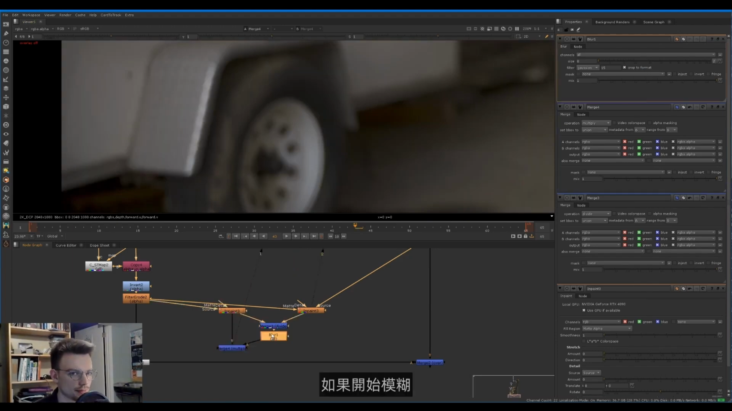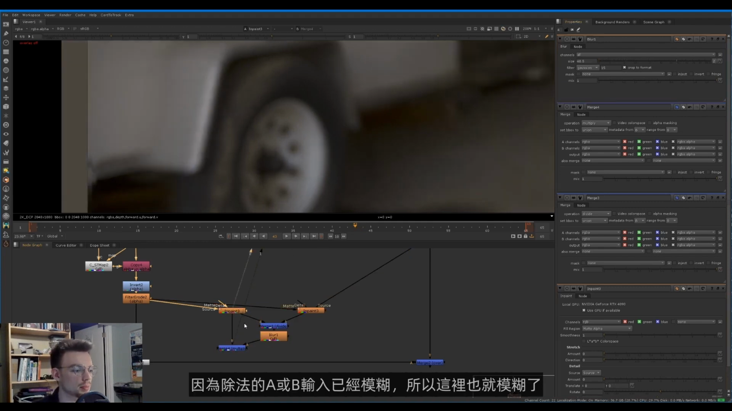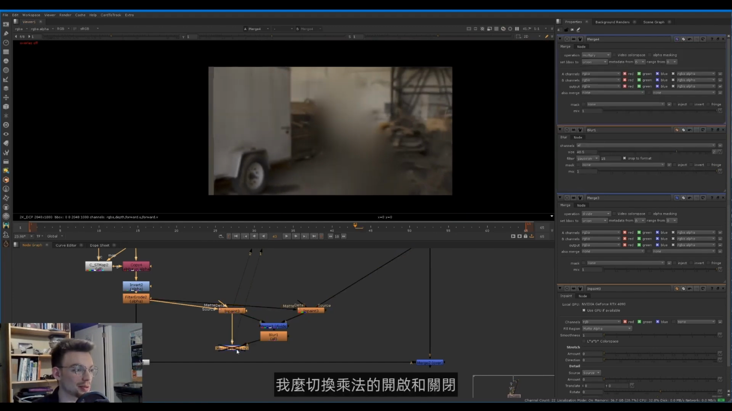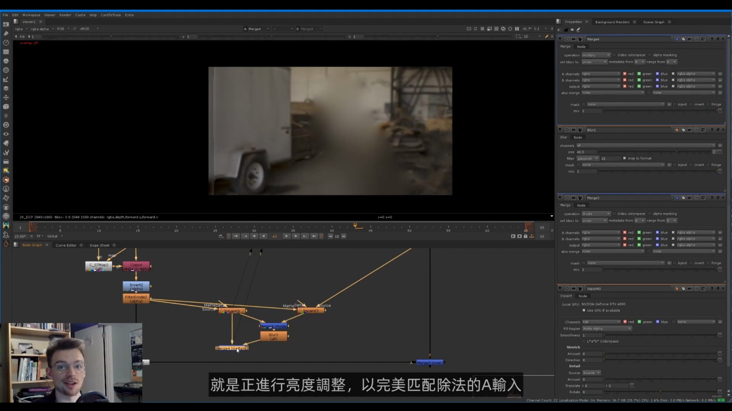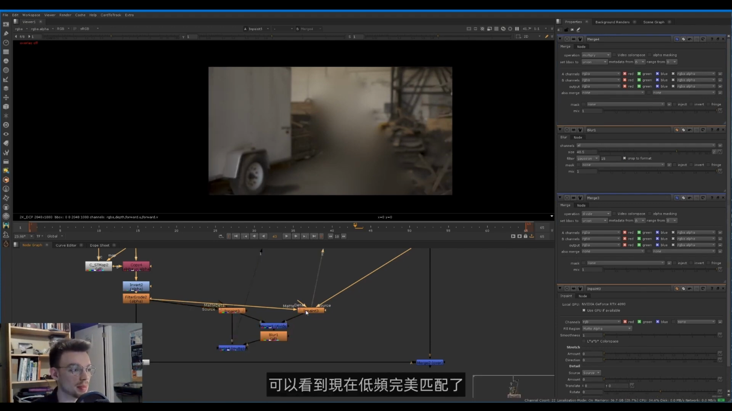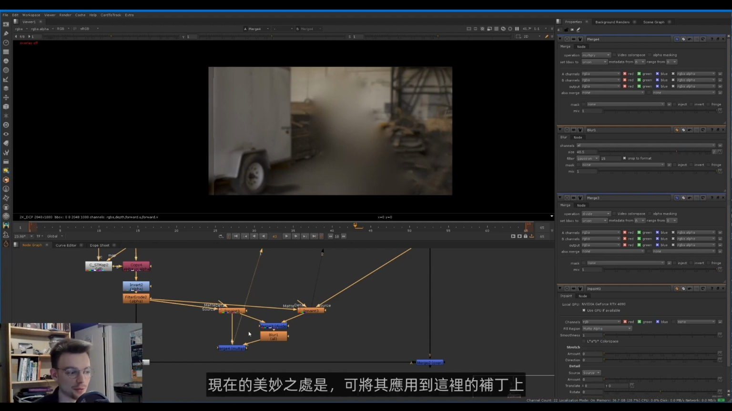But if we start to blur, what happens is that we only keep the low frequency changes in the image. You can see this isn't getting blurry because I'm blurring. This is getting blurry because the A or the B input here to our divide is blurry already. What it's doing now, if we turn off and on the multiply, is just doing a brightness adjustment to match it perfectly to the A input of the divide. You can see now, low frequency matches perfectly and the details are different. And so now,